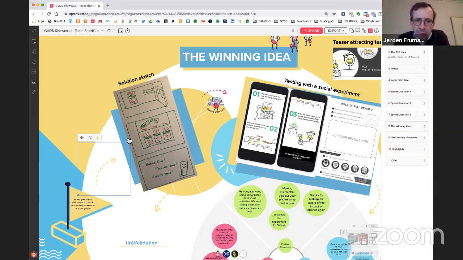I think during a full day, the people offline did this sketching. So they came up with different solutions that were addressing the sprint questions, inspired by the sprint questions, and of course also by the long-term goal. And they varied from almost how to make visible to parents that they are using their mobile devices and therefore giving the wrong example